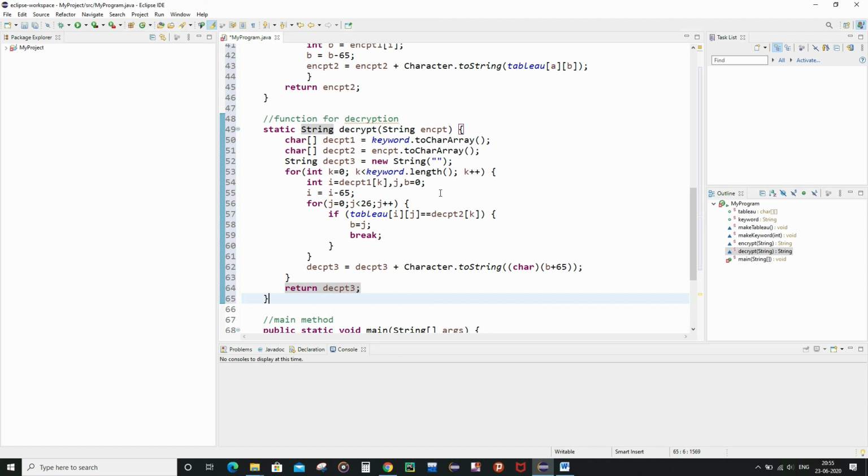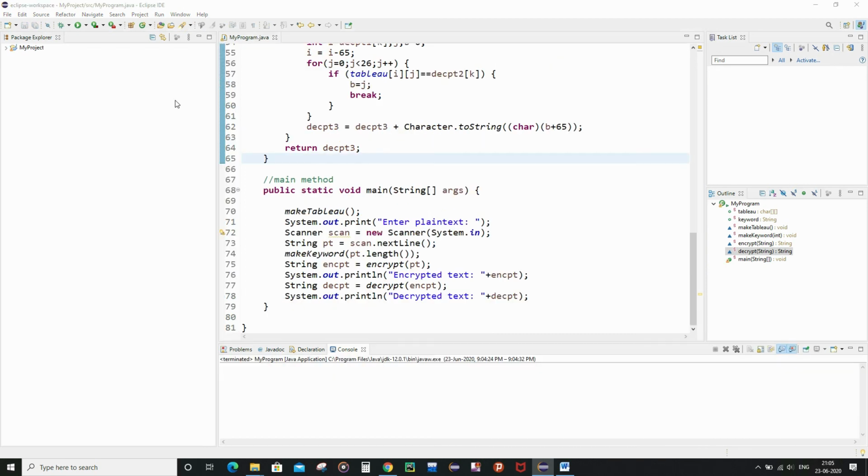And after getting the column value, we are going to add 65 to it, because it will give us the numeric ASCII equivalent, and then convert it to character, and then from character convert it to string, and then join it with the decpt string variable which was initially empty, and finally return the decpt string variable. Now let me run the code.